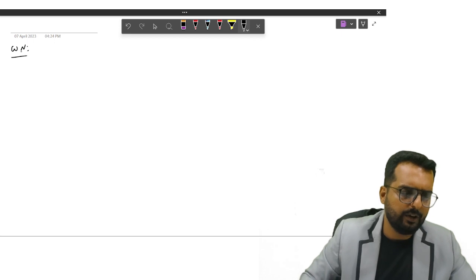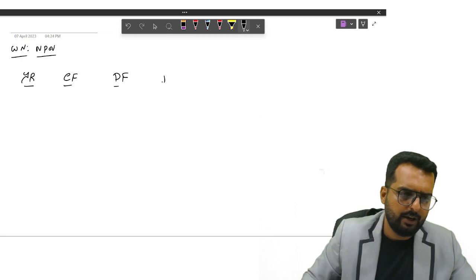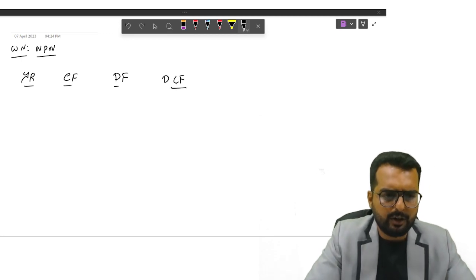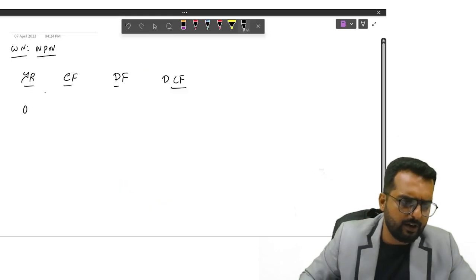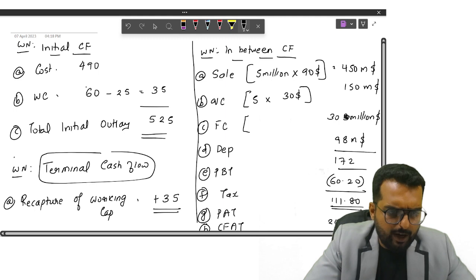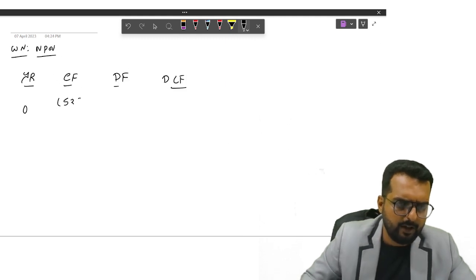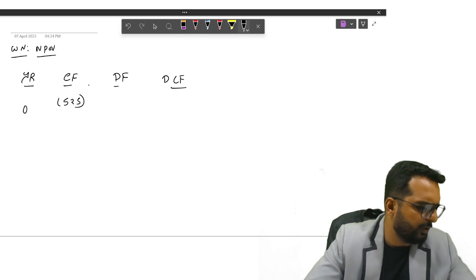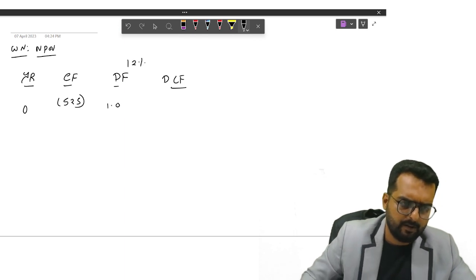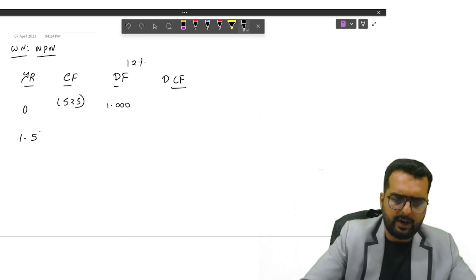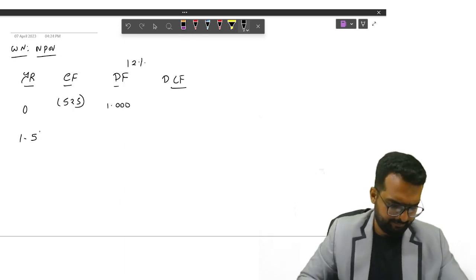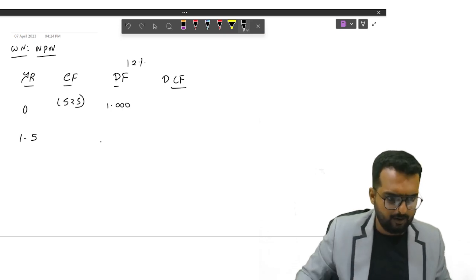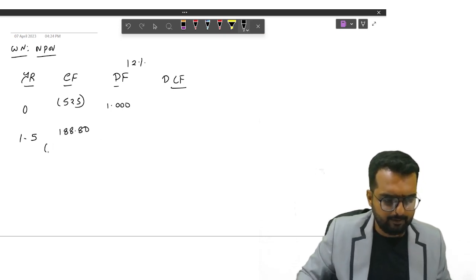So I'll write down the final working note heading NPV. Year, cash flow, discount factor, discounted cash flow. So what is a year? Year 0 we'll start with. Year 0, if I'm not wrong, you have 525 as your initial investment. What is the discount factor they have told, friends? 12%, right? Year 1 to 5, how much is the savings that you got? 209.8 minus 21. 188.8